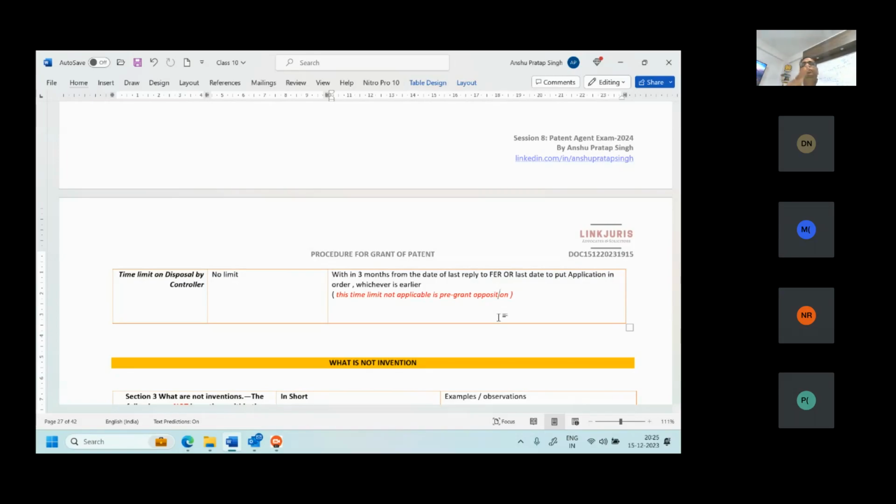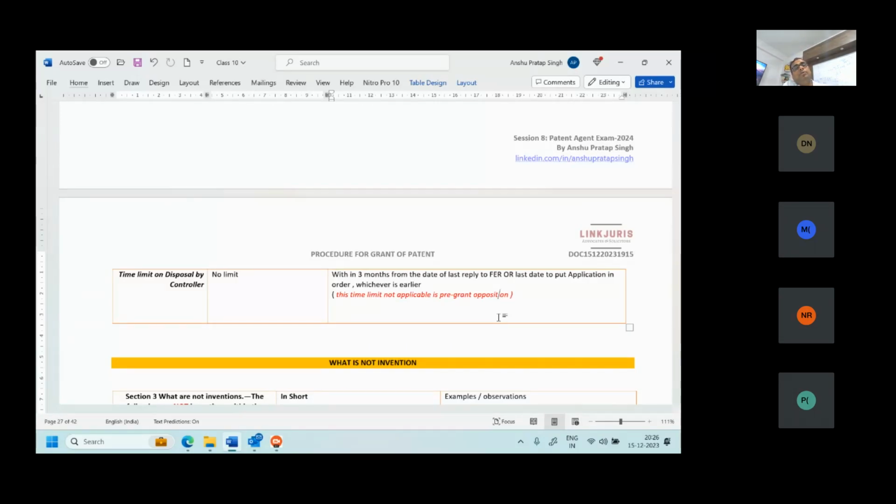If we request for the examination, then the controller refers it to an examiner. The examiner examines it, including section 30, and all those laws as well as the act and regulations, whatever is there, they have to comply with that. With respect to all the discrepancies, you receive an FER. That examination report is given to the controller. The controller looks into it and takes 1 month. It has a time of disposal of 1 month, and within one month it disposes of the application and sends you an FER. Within another 1 month, you receive an FER.